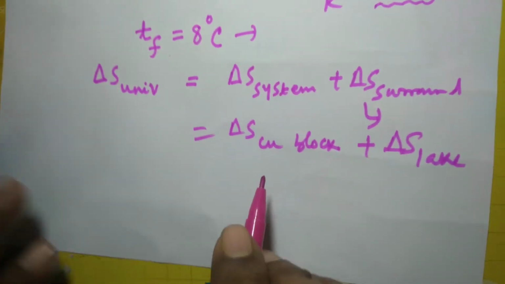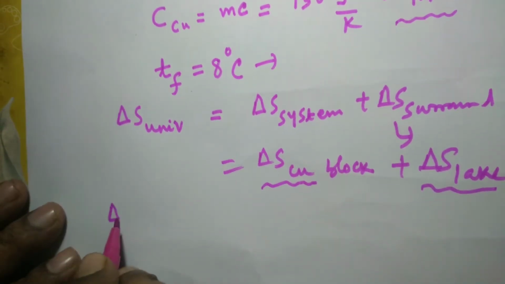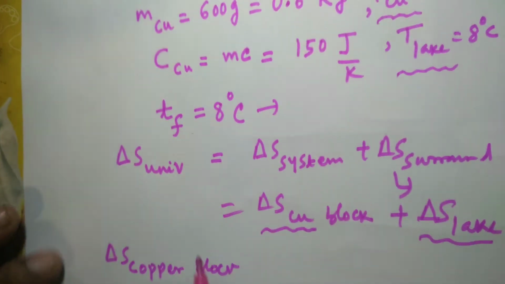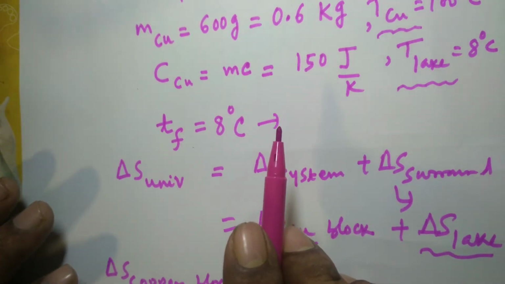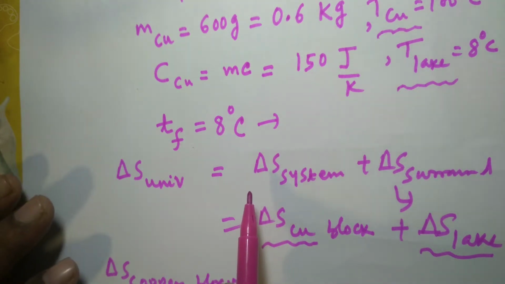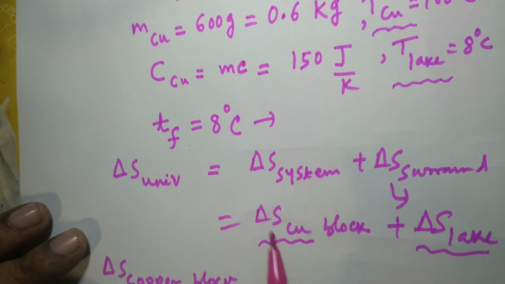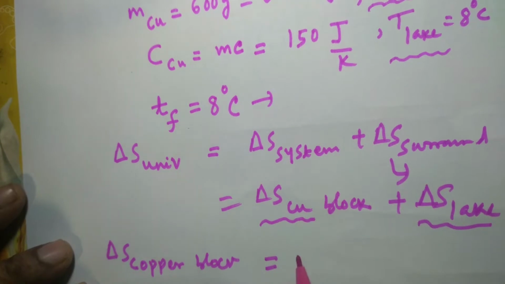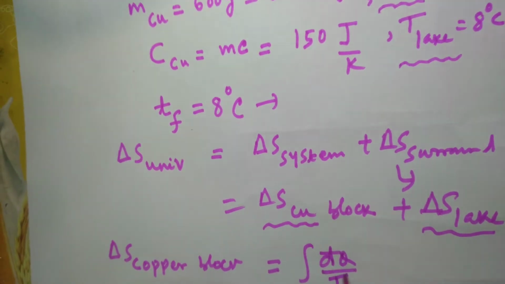So here first we will find out delta S of copper, then delta S of lake. So delta S of copper block. Here what happens, heat is lost by copper block because the initial temperature of copper block as given in the question is 100 degrees Celsius, but the final equilibrium temperature is going to be 8 degrees Celsius. That means heat has to be lost by the copper block, and final equilibrium temperature is less than the initial temperature. So delta S is nothing but equal to integral of dq by T,